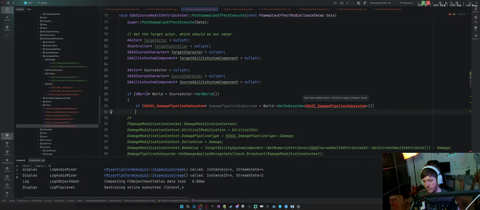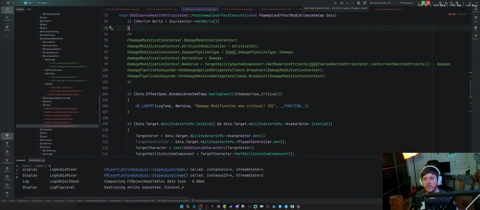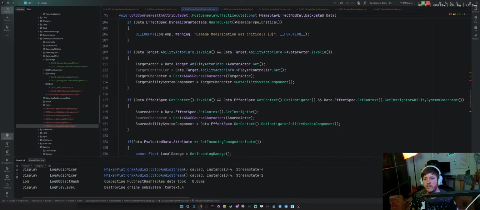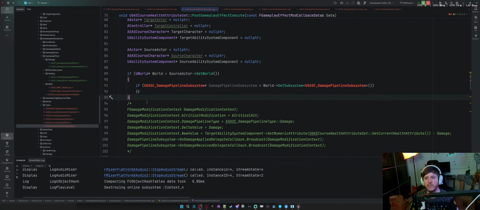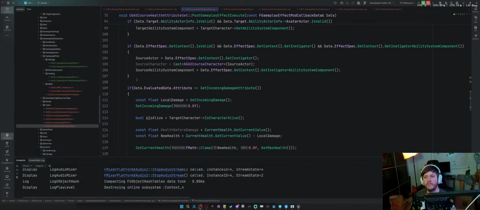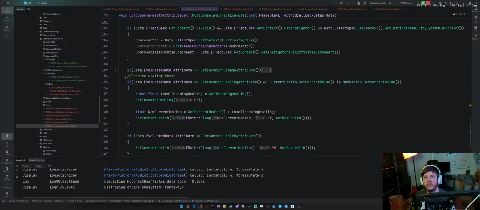So we need to probably be more certain here. So we're constructing the context, so probably up about here. So now, because we're checking if it's our incoming damage, then we're doing a healing event. So it says if the healing current is not equal, get max, set current health.